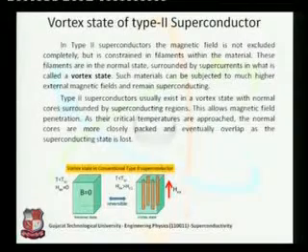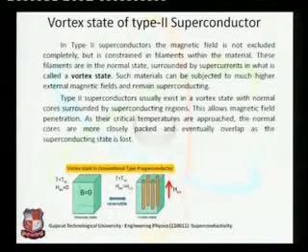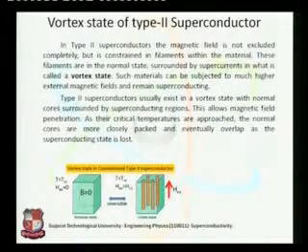We are going to observe applications. But before that, let's talk about one point in the case of type 2 superconductor, that is the vortex state. What is the vortex state, that we need to discuss. If it is asked in the examination as a question, what is the vortex state for type 2 superconductor, then you need to write down these things. The vortex state is available in the case of type 2 only. Type 1 don't have Hc1 and Hc2 kind of behavior. So if we move further than Hc1, then the state is destroyed in the case of type 1. But type 2 exhibit a little bit different property.